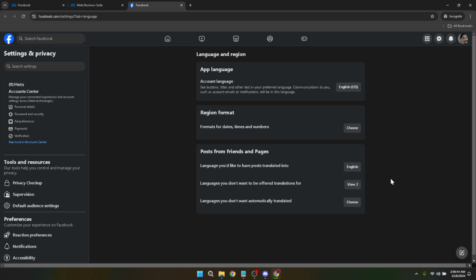Switching the language of your Facebook Ads Manager is not just about the comfort of working in a familiar linguistic environment, it's also about making sure that every tool and feature is leveraged to its fullest potential by ensuring nothing gets lost in translation, literally. And there you have it, a simple step-by-step guide to changing the Facebook Ads Manager language to better suit your needs. Whether you're looking to streamline your advertising efforts or simply making your digital workspace a little more you, this change is sure to contribute positively to your workflow.